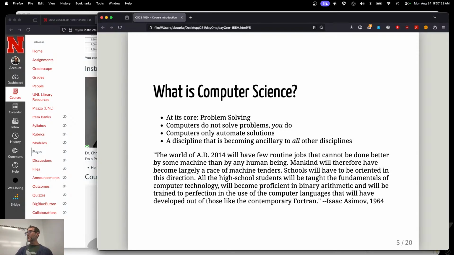There's another quote here, but it's somewhat out of date. I forgot my headphones today, but every so often I'll make sure that the live stream is actually getting my voice. But this is from Isaac Asimov in 1964,